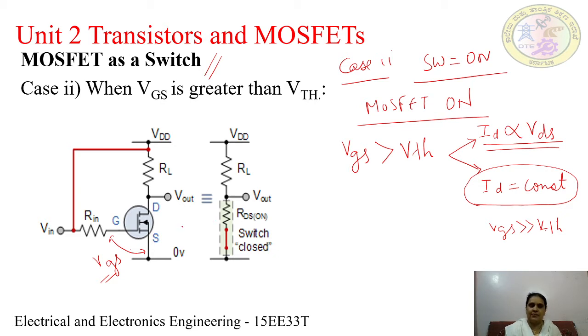In this example, we are making the value of VGS much greater than VTH. That means I will directly connect this input side to VDD. VDD will usually operate at plus 5 volts. So I am making the value of VGS much larger than VTH. The MOSFET is then driven into the saturation region, where it behaves like a closed switch, and current flows from drain to source.